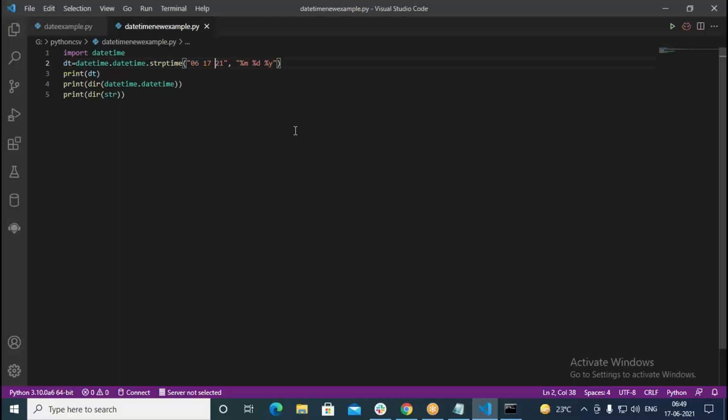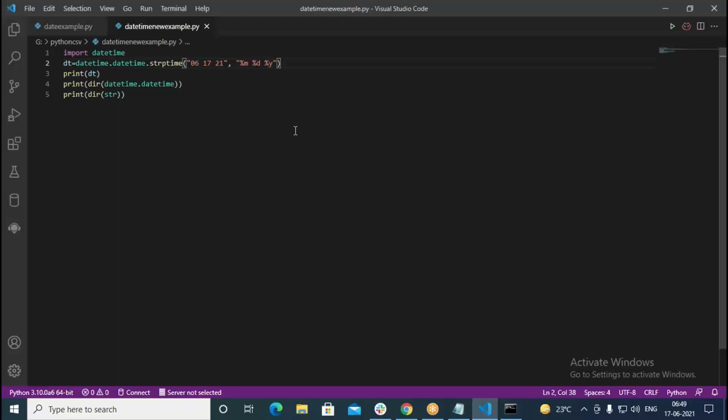It doesn't actually give the century. It gives only the last 2 digits. 20 is nothing but the century, the 21st century. Since we gave %y, 2021 cannot be converted, so that was giving an error. But when you put only 21, this is getting converted.